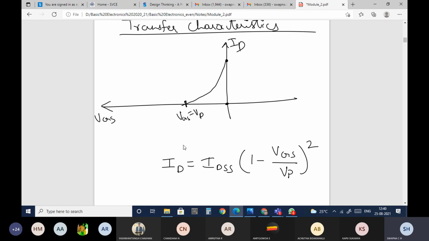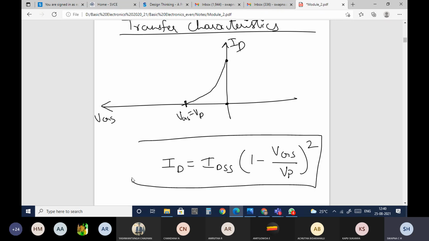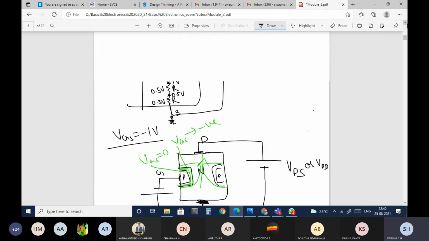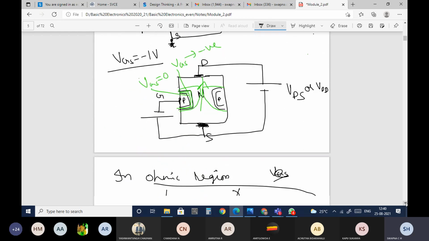All these formulas are important for us to solve the numericals. You may ask me, what is IDSS? IDSS is nothing but the drain saturation current, the maximum drain saturation current.